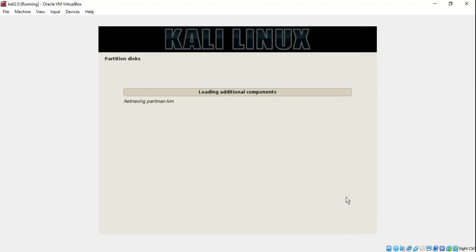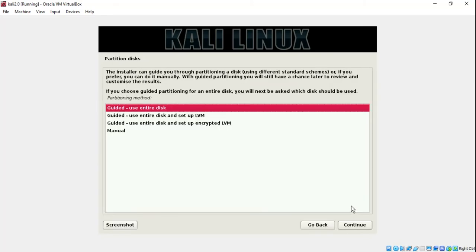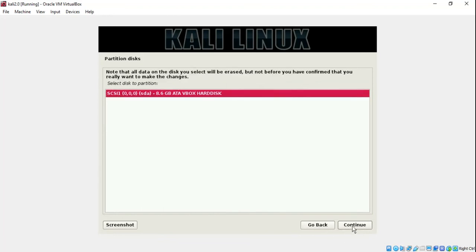So now it's loading additional components again, but this time for partition disk. Now select the first option, that is use entire disk. Select your disk.